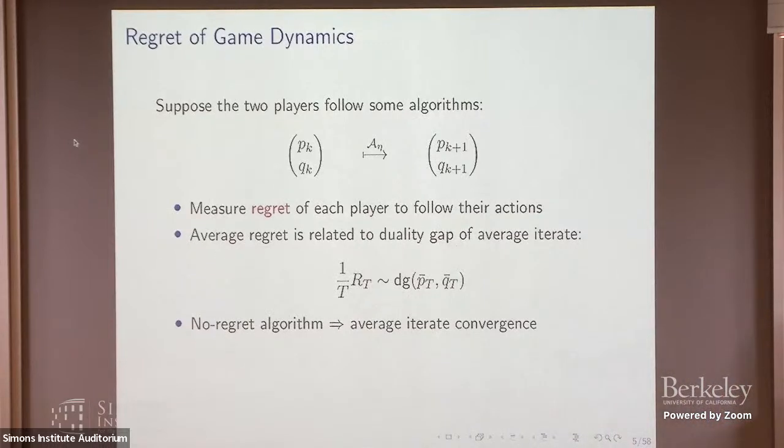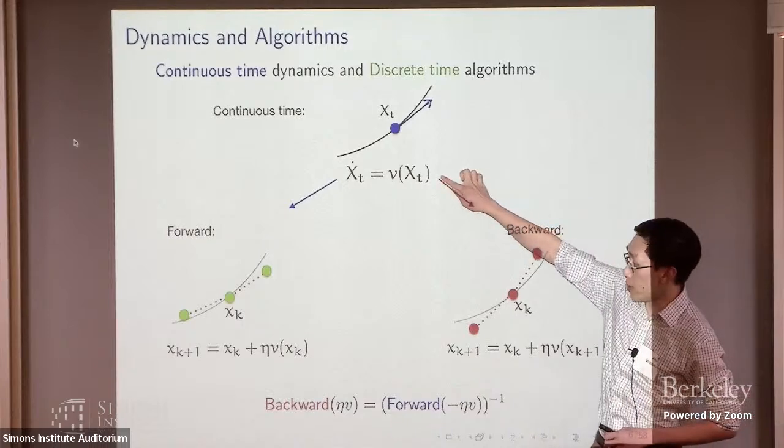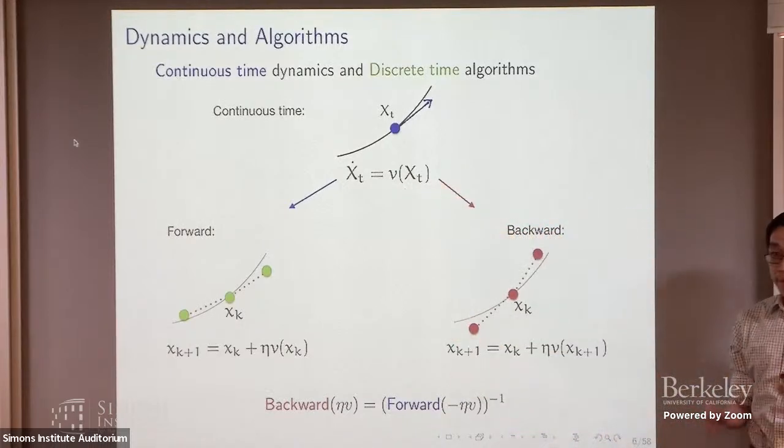Okay, so we will study some different algorithms and understand what different properties they have. And a lot of this will be classical, and I know that this is the last talk of the day, so hopefully I can illustrate just some of the basic concepts and the simple story. And the theme of this talk will be the difference between continuous time dynamics and discrete time algorithms. And this is also something that we have seen over and over in some of the previous talks, that typically at a very general dynamical systems level, given a continuous time dynamics, usually described as a differential equation with some vector field V, there are many different ways we can discretize that and implement them as algorithms.